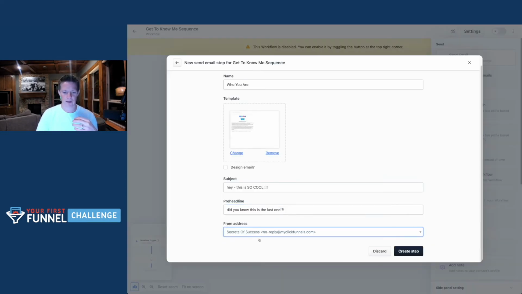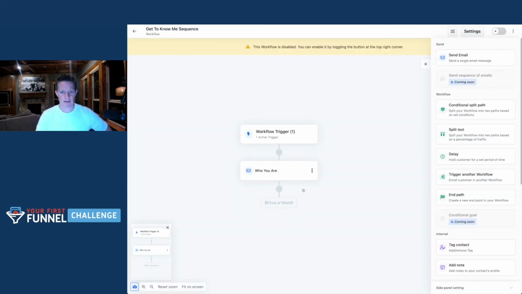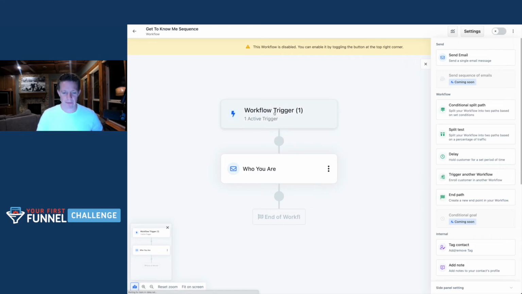And then email, you pick the email from the thing, and you create step number 2. Right? And so there's the first email. Okay, so what that means now is that when this workflow is triggered, immediately it's gonna send out this email. Okay, I'll make this a little bit bigger here. So the trigger happens, this email gets sent. Now, the next thing I wanna do is I wanna start creating